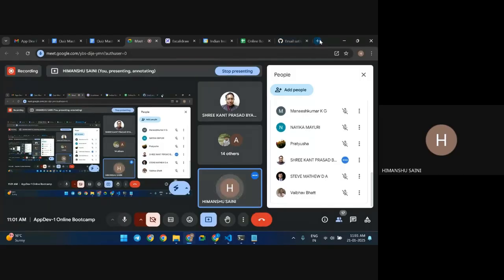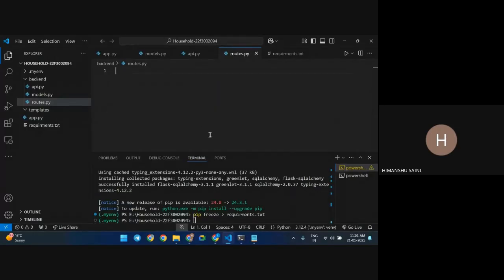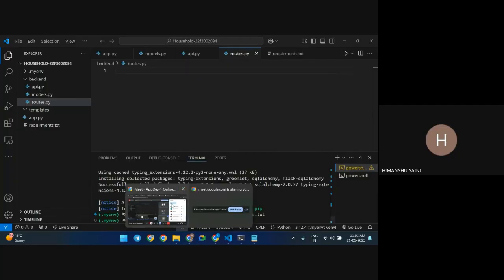Now, our purpose is to create a GitHub repository and link this project root folder to GitHub, right? So whenever we push new code, we can directly push it to GitHub, right? So how will we do that? We have to